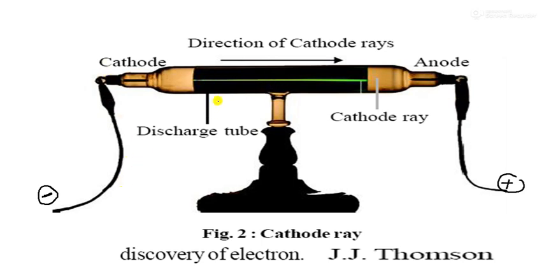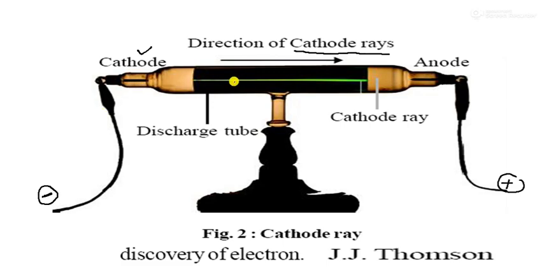Now there is a gas, and when electricity passes, some rays appear here, so that one is glowing. So there are some particles, and those particles were called electrons by J.J. Thomson. J.J. Thomson discovered this and said that these particles are electrically charged and have negative charge, so they glow toward this side. That is why they are also called cathode rays, because they are emitted by the cathode. The cathode is here, as you can see in this picture.